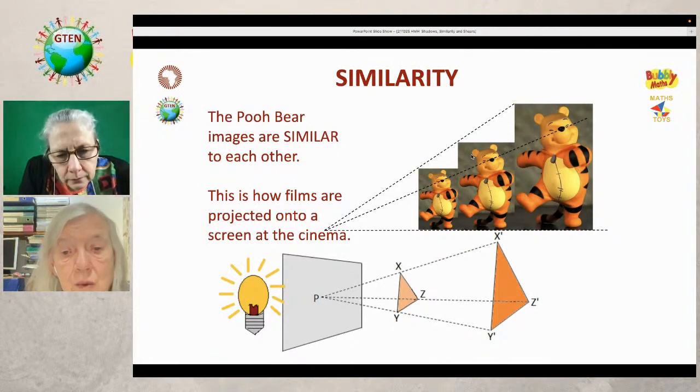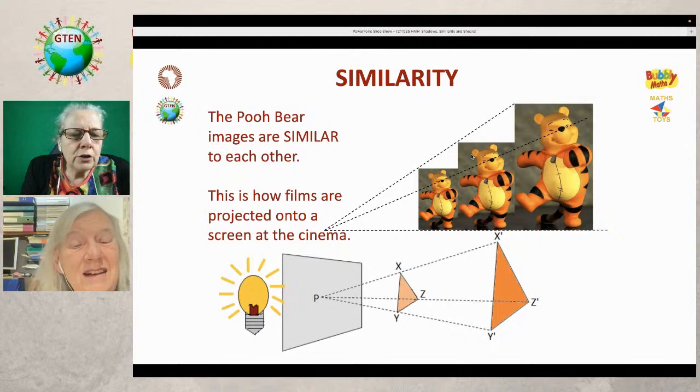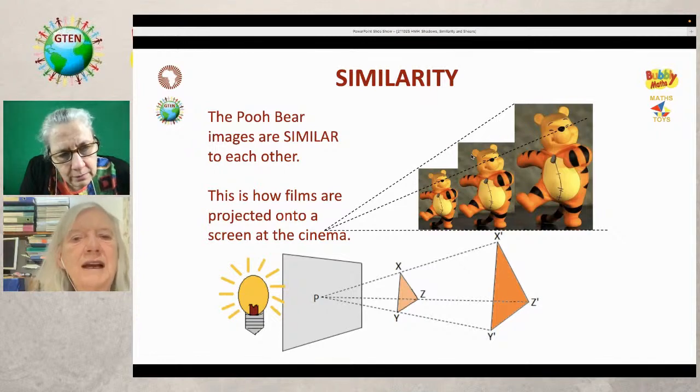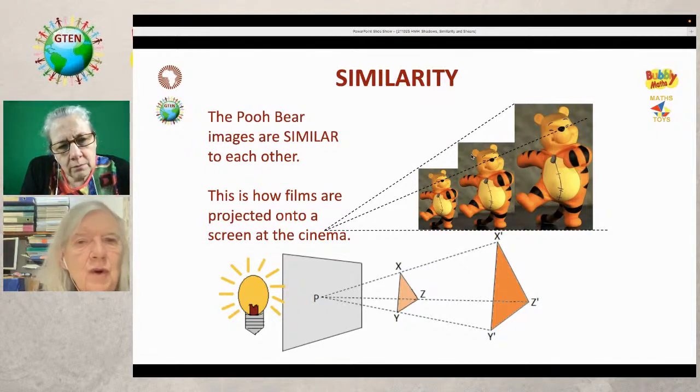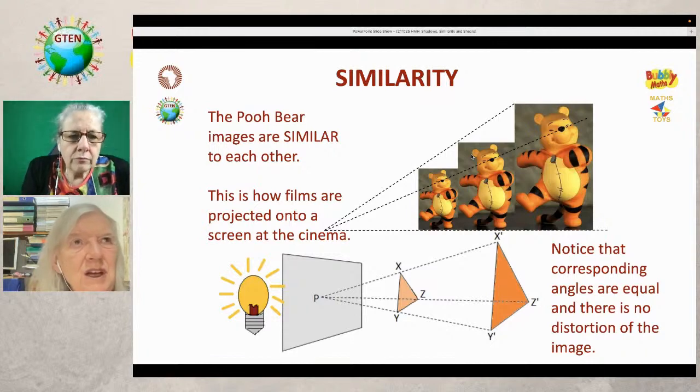And X dash, Y dash, Z dash is an image of X, Y, Z. So looking at a triangle, the angles are the same, but the dimensions are different, but the proportion is the same then? Yes, exactly. So what you see is that there's no distortion in the image, because if you change